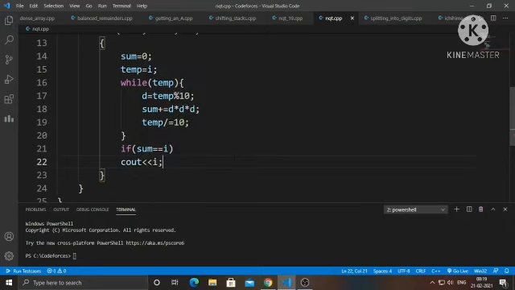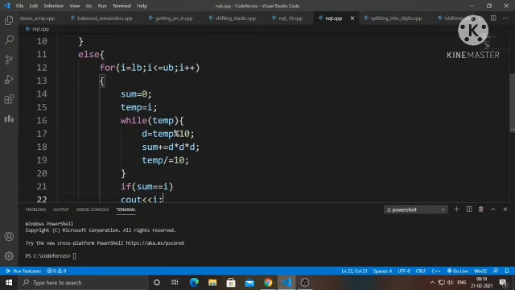At each iteration we are making sum equal to 0; I will explain why.